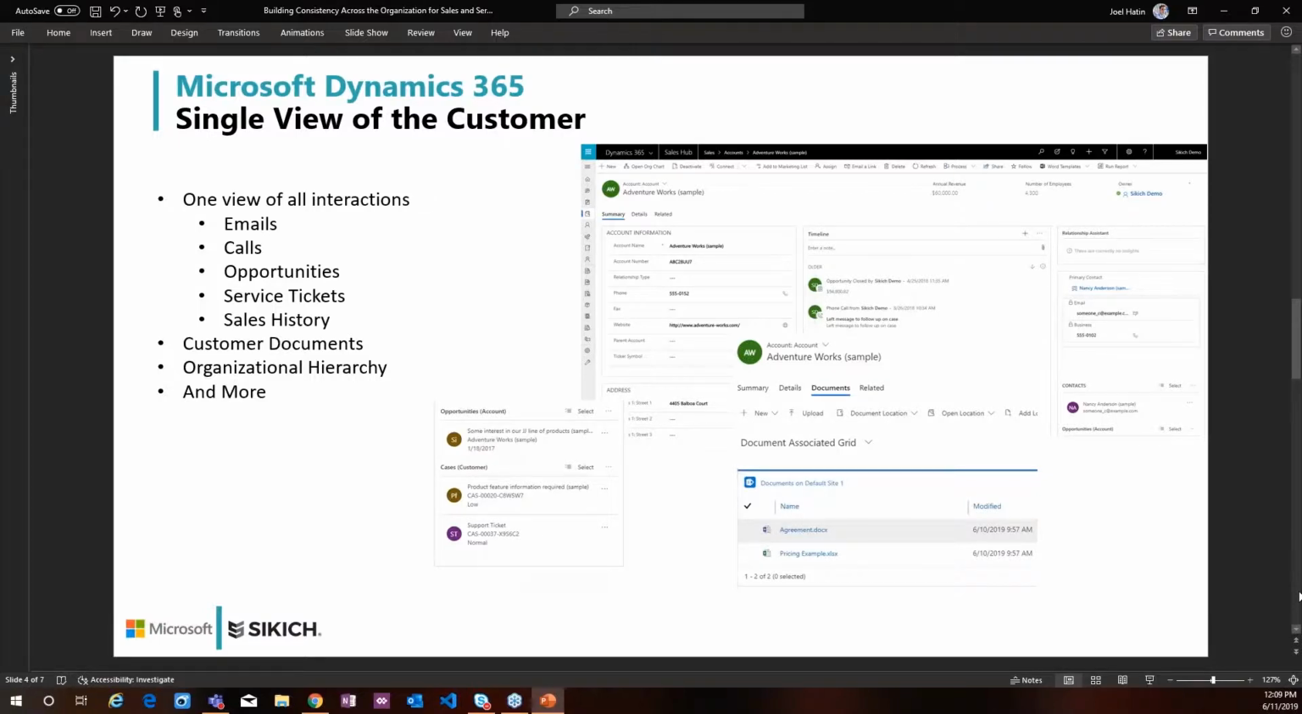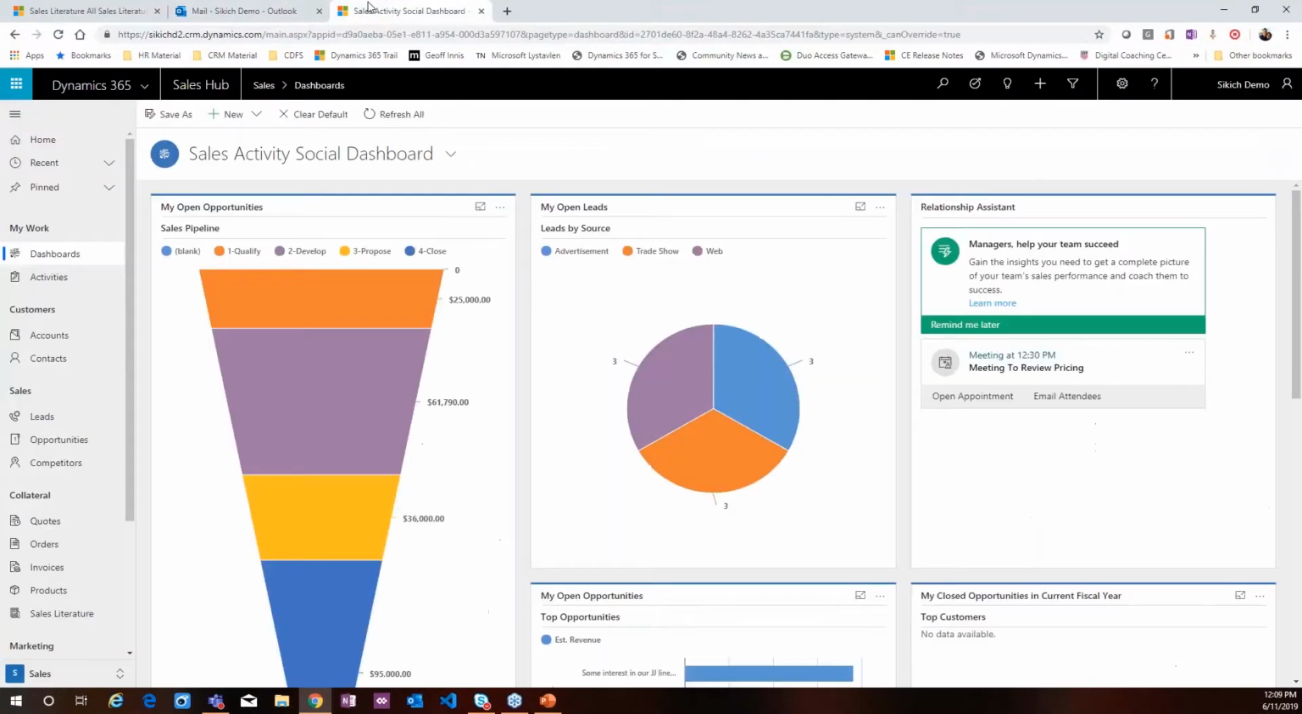But let's take it a step further. Let's talk about all the documents that we may be storing for this particular customer, as well as let's go ahead and take a look at an organizational hierarchy chart, which will help our sales organization understand who reports to who when mapping out opportunities, as well as the ability for service to understand who we're dealing with within an individual service case or ticket. So now let's go back to our Microsoft environment, and we're going to go ahead and